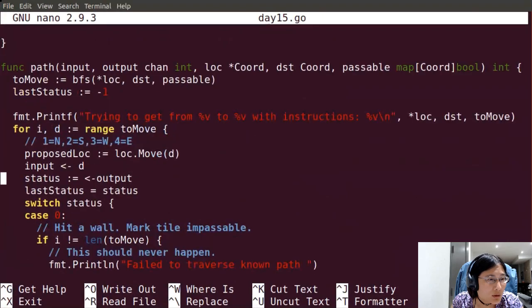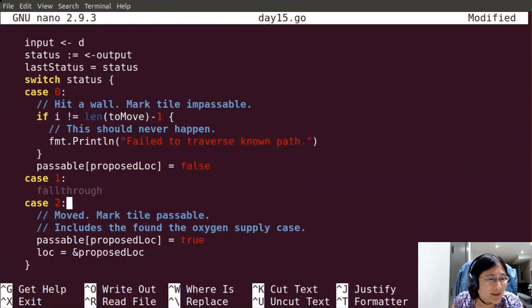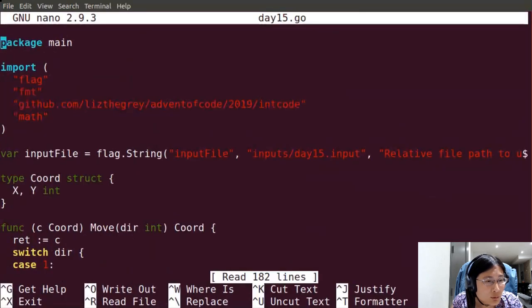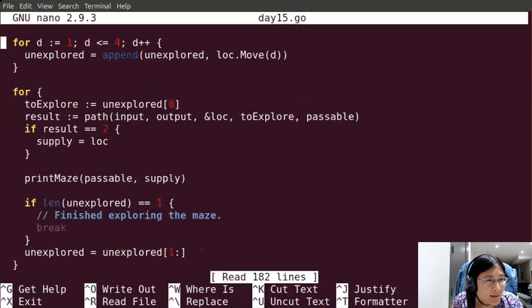Oh. Oh, I see. Okay, so that's actually correct. So one of these should definitely succeed. So why is it not succeeding?